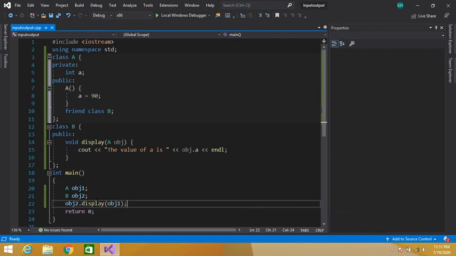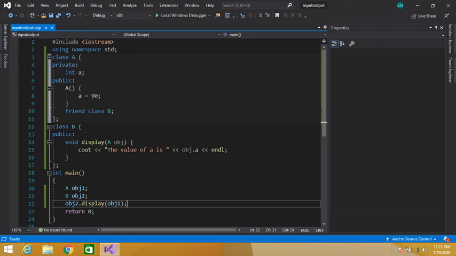So I have accessed this function using the class B object, and then as a parameter I have passed the class A object, and so I have called this function here. When we call this function, the control will directly jump to the definition of this display function over here, and here this obj1 of class A is passed, and it prints the value of A is, obj.A.